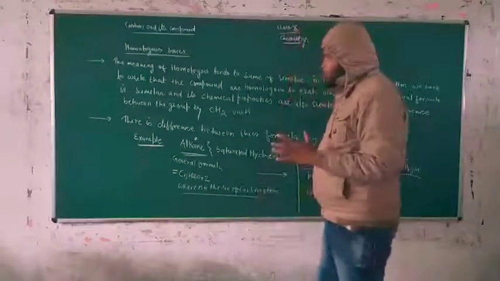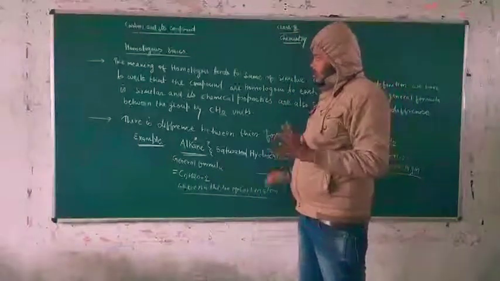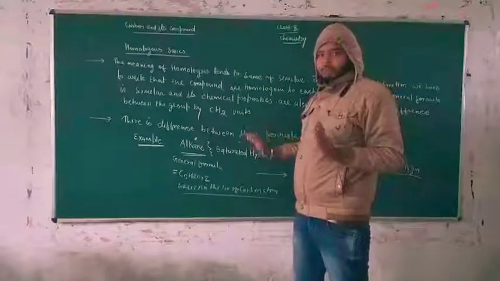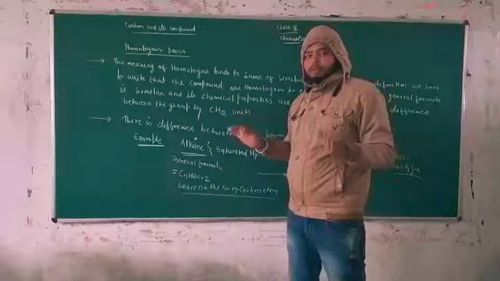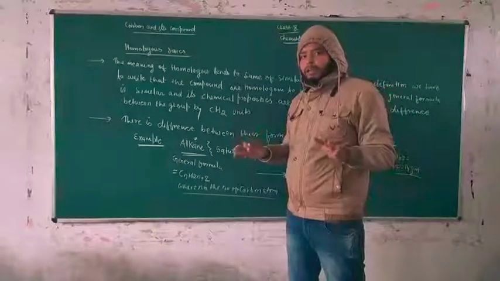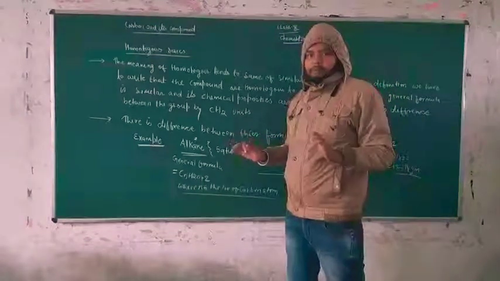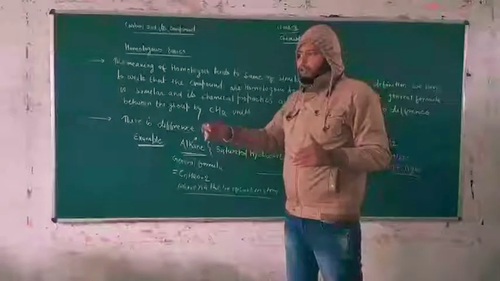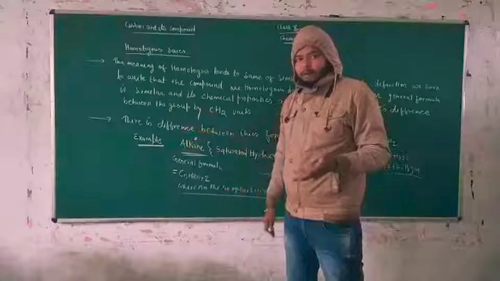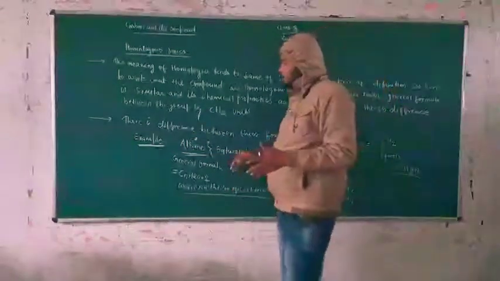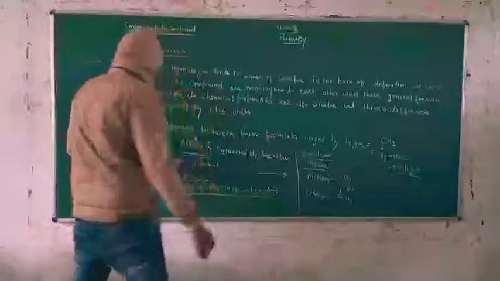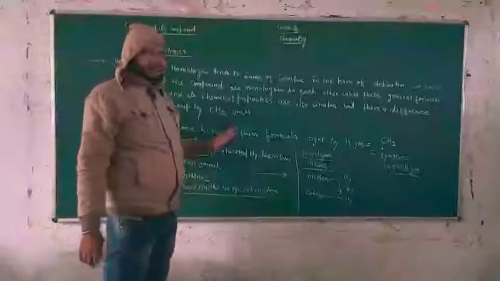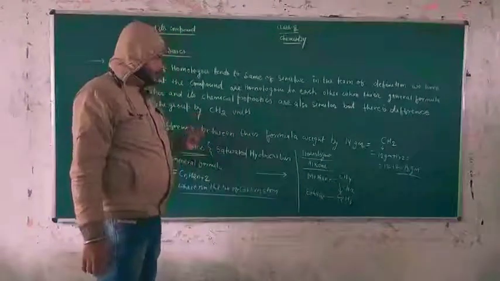So guys, you have to learn the concept of homologous. That is the difference of a CH2 group. There are similarities in their general formula, and their chemical properties are also similar. Its skeleton changes due to the consecutive increase in carbon atom number. But this is not very different. You have to learn only the similar characteristic criteria here, guys.